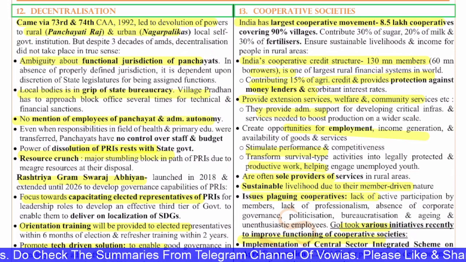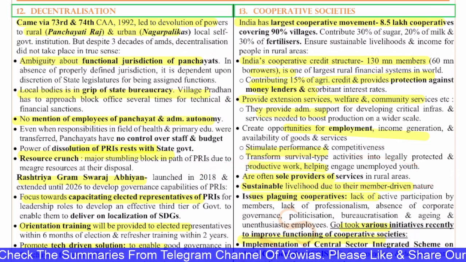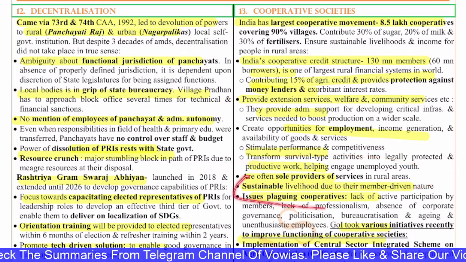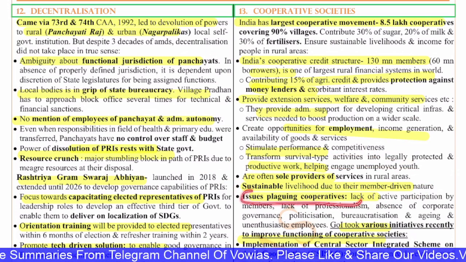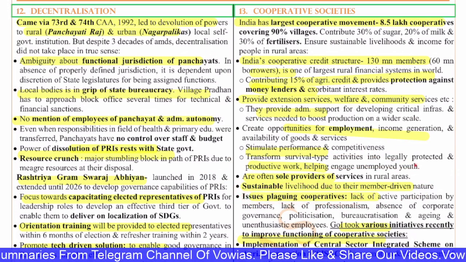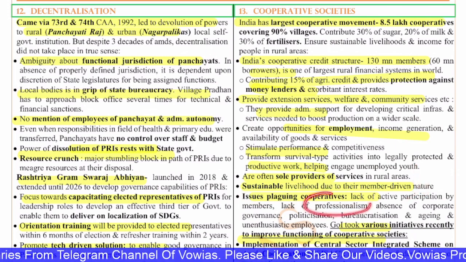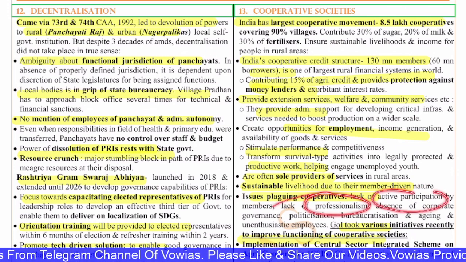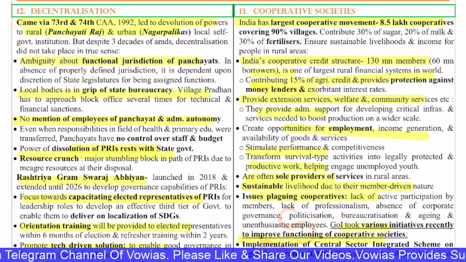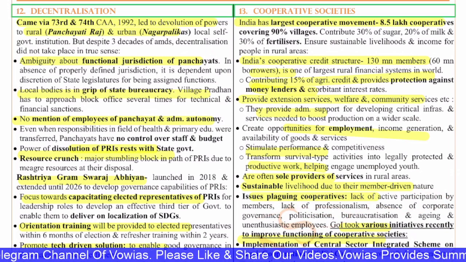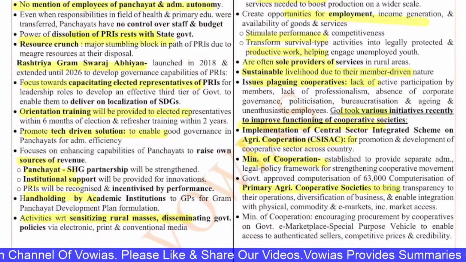And also they are often the sole providers of service in rural areas, and the sustainable livelihood due to their member-driven nature is something that can be seen. Now, the issues plaguing the cooperatives, if you see: lack of active participation by the members, lack of professionalism, absence of cooperative governance, politicization, bureaucratization and aging of unenthusiastic employees. All of these things are there, and the government took various initiatives recently to improve the functioning of these cooperative